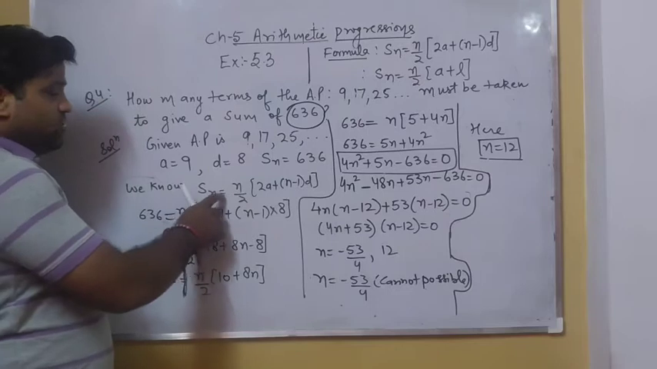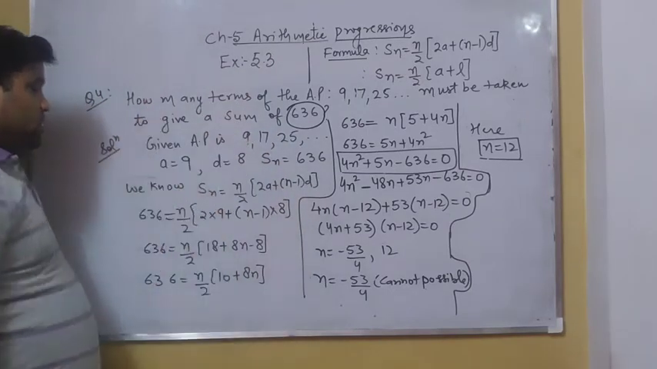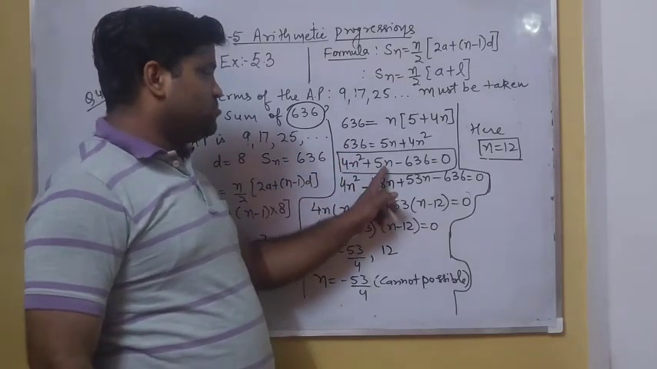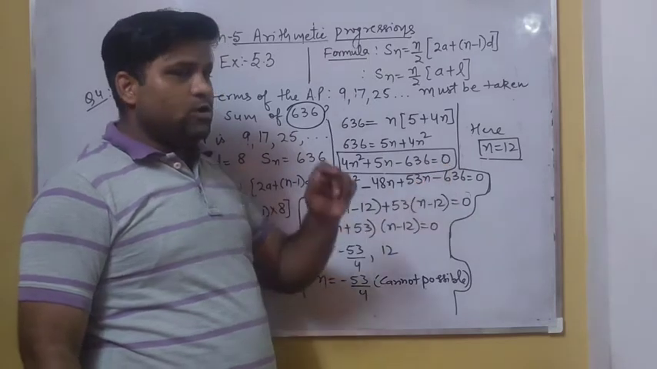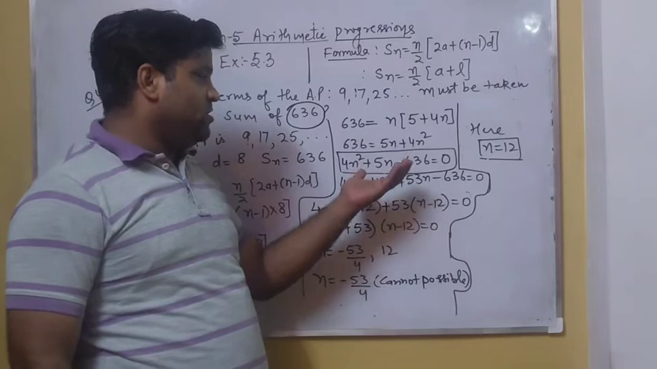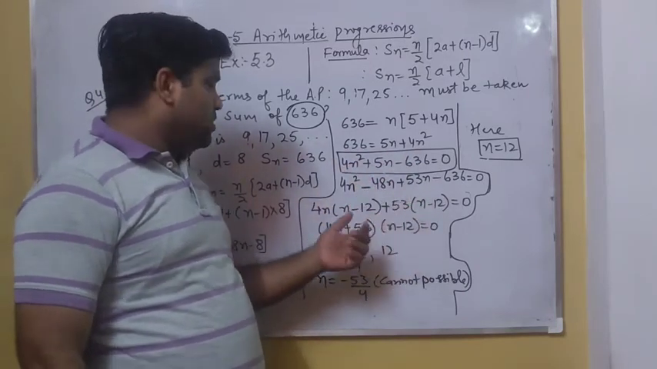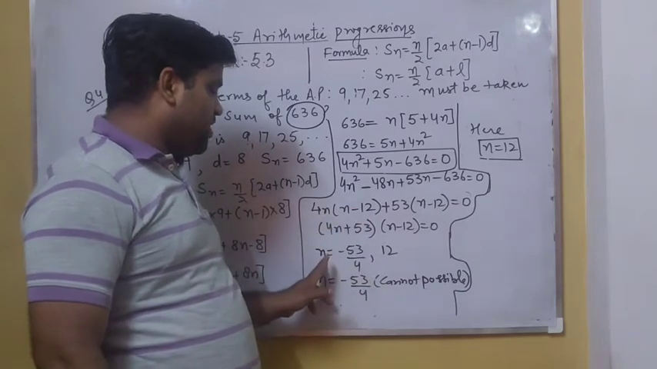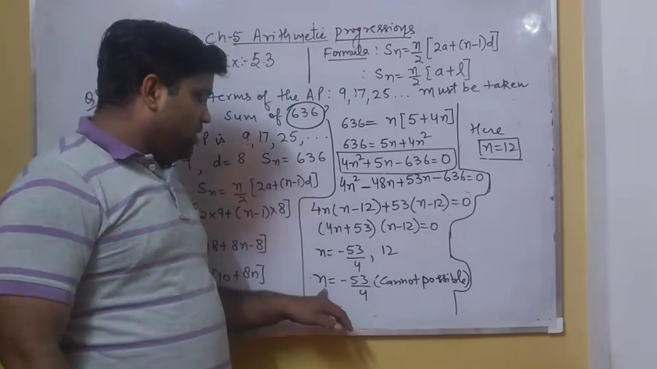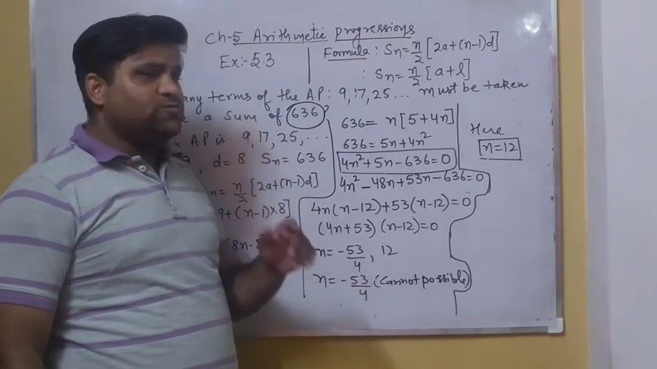We know the formula Sn equal to n by 2 bracket 2a plus (n minus 1) into d. On putting all the values, we get a quadratic equation: 4n square plus 5n minus 636 equals 0. Here you can apply the quadratic formula or the middle term splitting method for getting the value of n. I am applying the middle term splitting method. After applying that method, we get the value of n equal to minus 53 by 4 and 12. We can't take n equal to minus 53 by 4